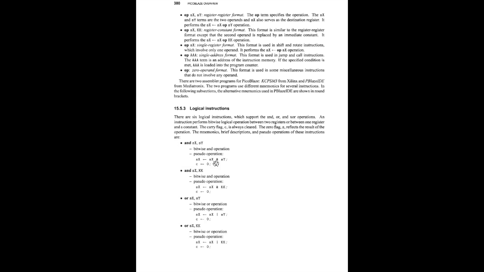The behavior is documented very well. In this case, it's an AND. He doesn't cover the zero flag here, but the zero bit will be set. So you can AND two registers. You can AND a register's contents with a constant value. We'll use that when we're masking data, looking for particular bits in a status word that we read. Or